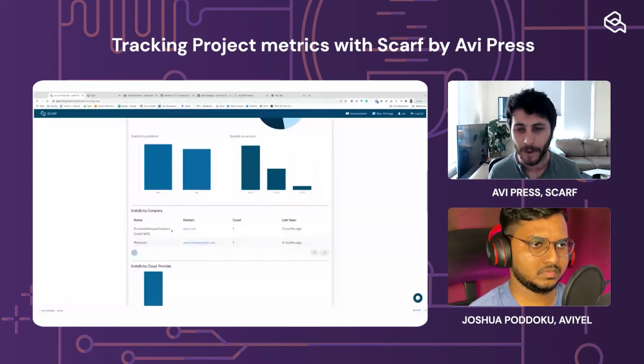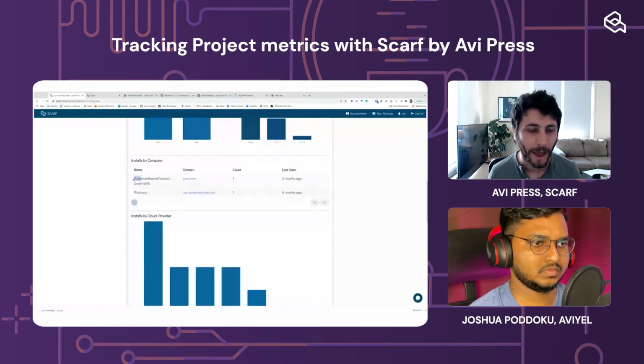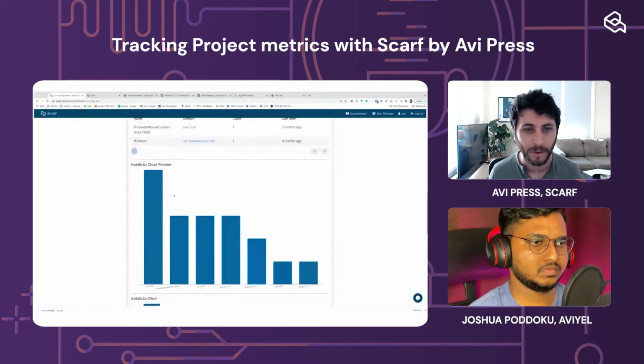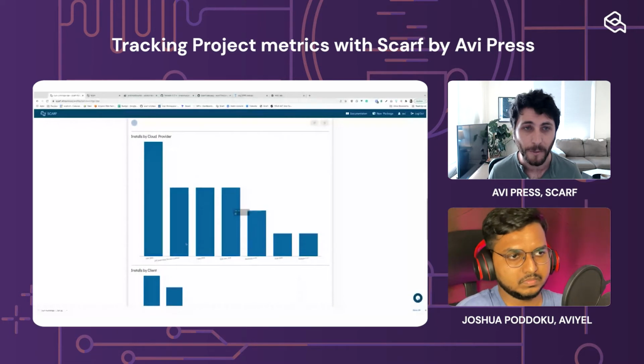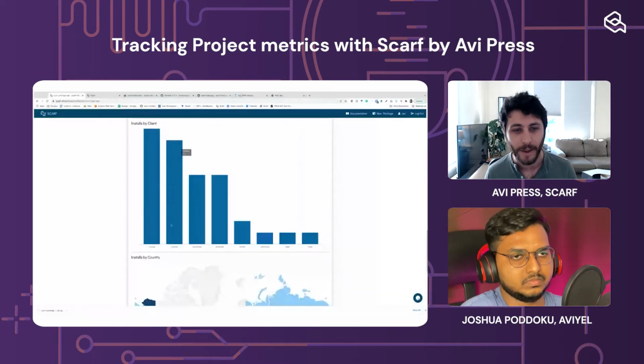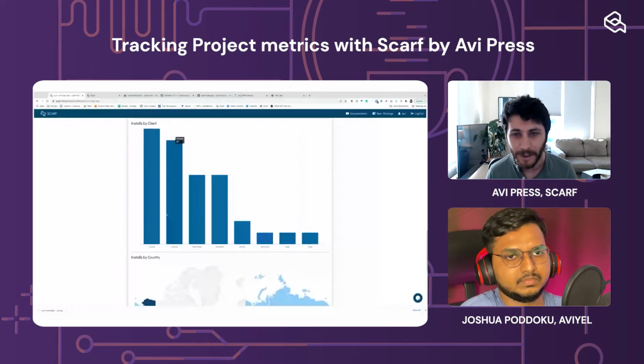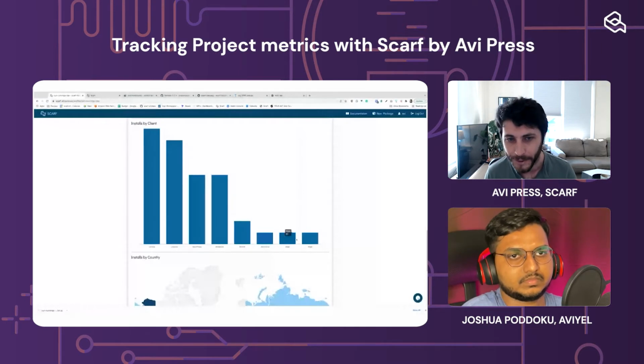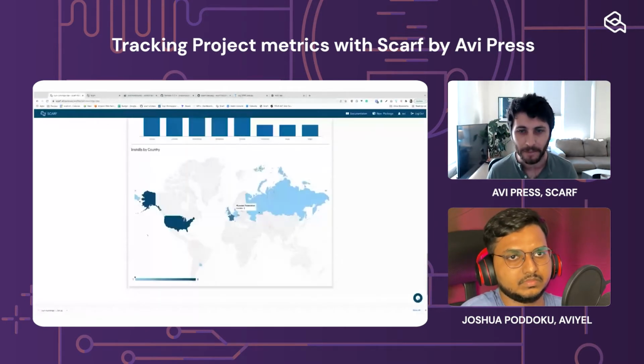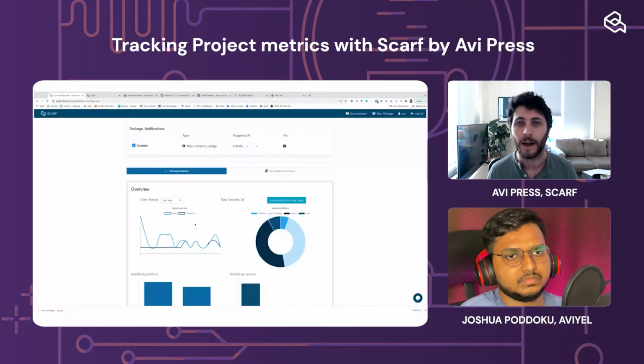And that's really good to know. What company did they work at? They worked at PricewaterhouseCoopers or Verizon. That's really helpful information. The cloud providers, the clients, a lot of people are just downloading this via Chrome, but other people are using wget. Some Russian users, some people in France, the US.